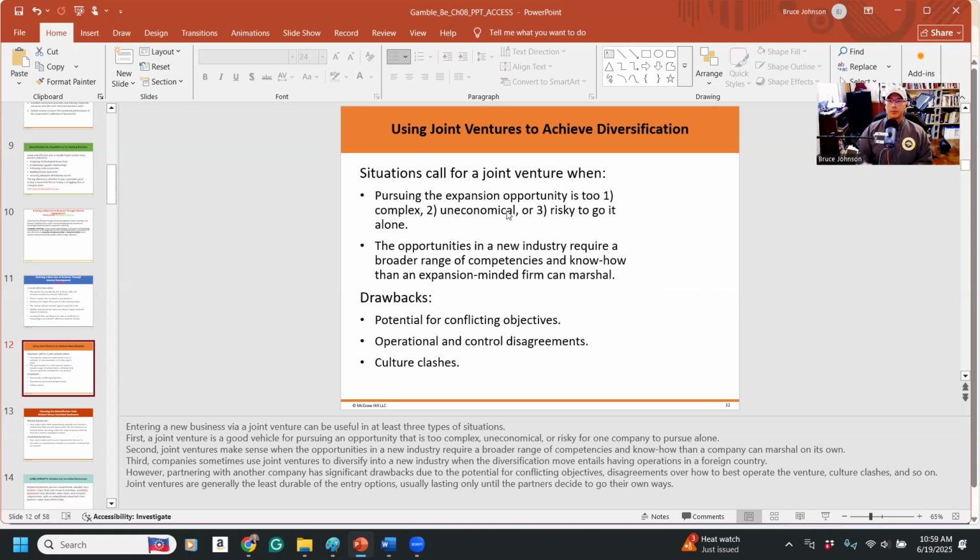So often you see these people going in, working with someone else to do a joint venture when whatever they're getting into is way too complex for them to do themselves, or it's uneconomical. Maybe the startup capital is so huge that no one company could do it. It requires multiple stakeholders. Or for some weird reason, it's very risky to go it alone. Maybe because a competitor or another company in the supply chain or the value chain is watching you do this,